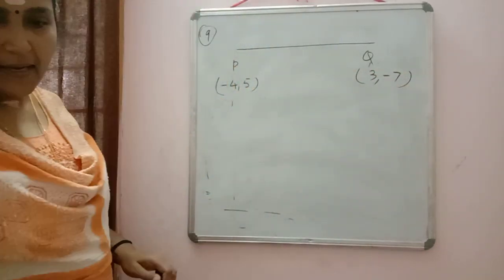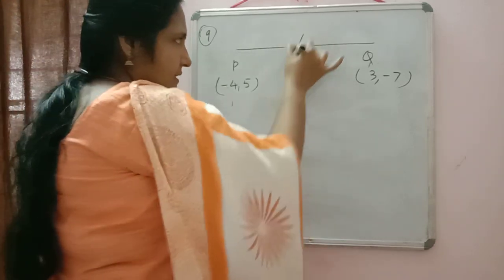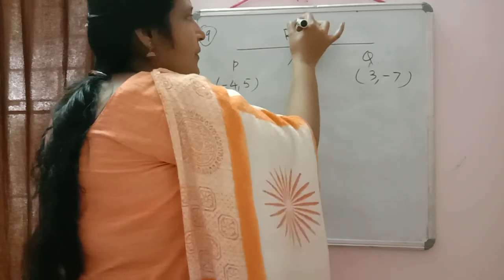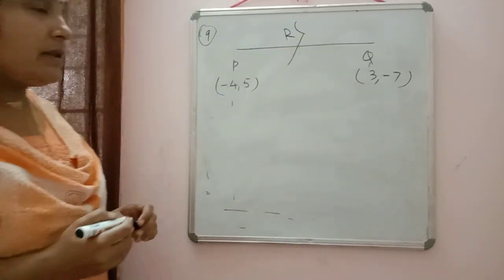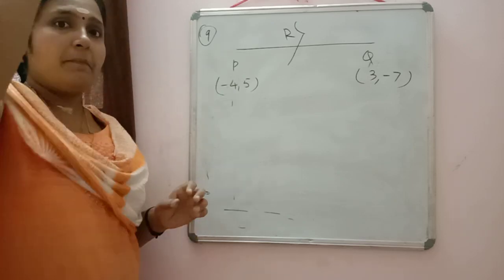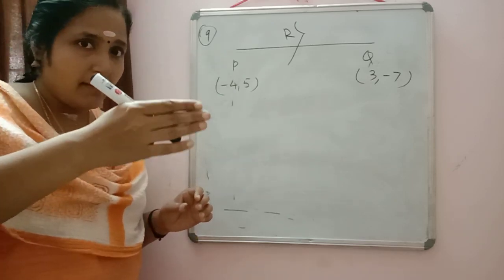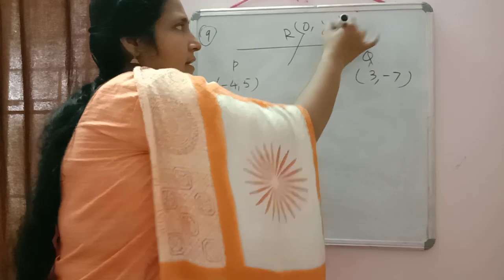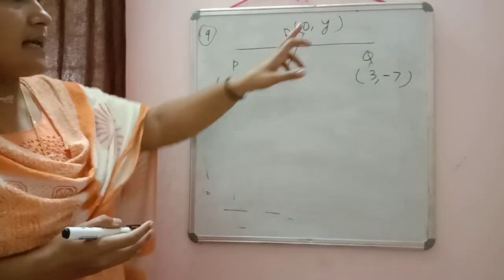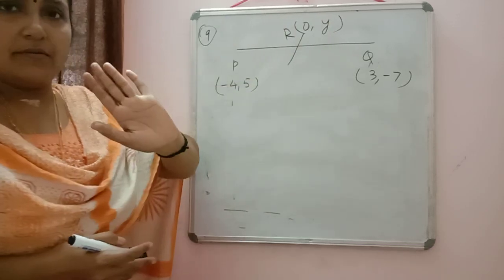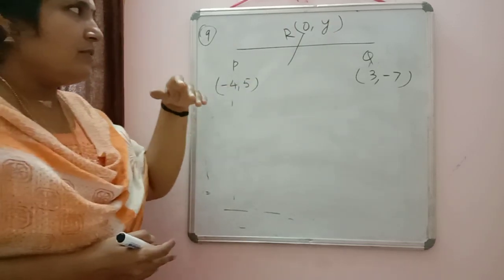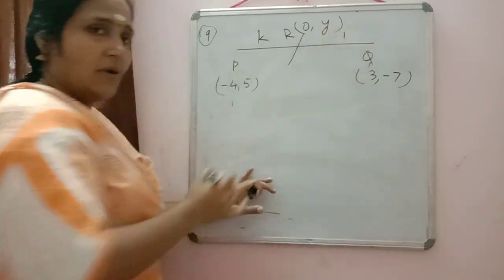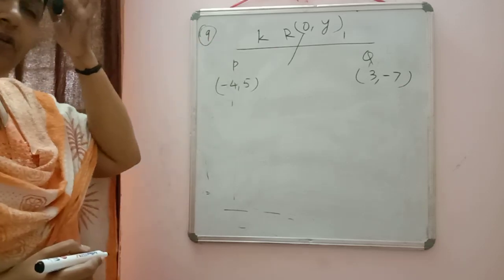And it is divided by a point which is on the y-axis. So here we can take the point as R, suppose. The point R is on the y-axis. Then what will be the form of point R? If a point is on the y-axis, it will be in the form 0 comma y. If it is on the y-axis, its x-coordinate will be equal to 0. Clear? Okay. So here again, I am changing the ratio. I am taking the ratio as k is to 1. If you are taking m1 is to m2, no problem there.